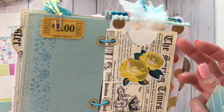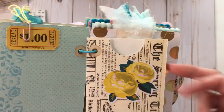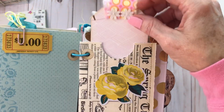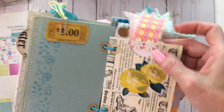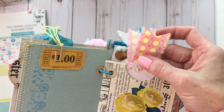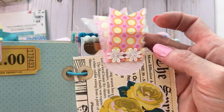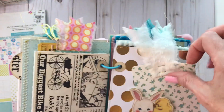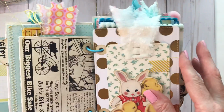And then here is what this little pocket here looks like. Just made a little tag from a piece from the paper pad. And then here I used some fabric from my stash and just stapled it to the top and added a little piece of lace trim that I have. So this page is just like a